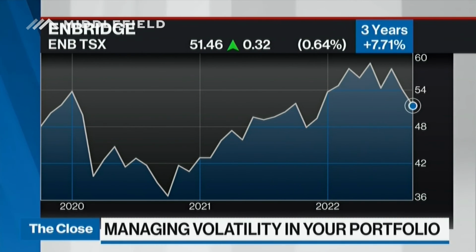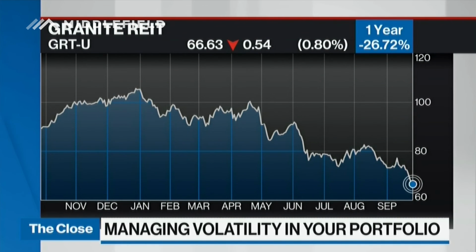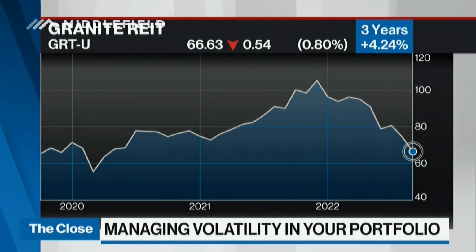And on REITs, we actually had lunch today with Granite REIT, the largest industrial REIT in Canada. They have properties in Europe, US, and Canada. So essentially, the theme there is as more onshoring happens. For example, Intel is an example of semiconductors no longer being made offshore, being made onshore in North America. That requires space to basically store things. So you can think of that as a trend that's going to be happening, which is why we still like industrial stocks.